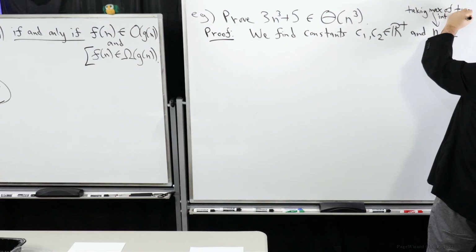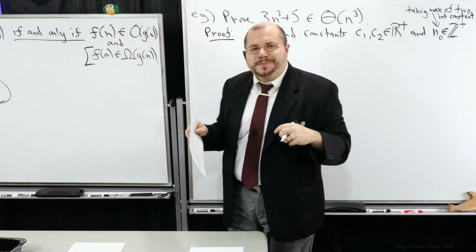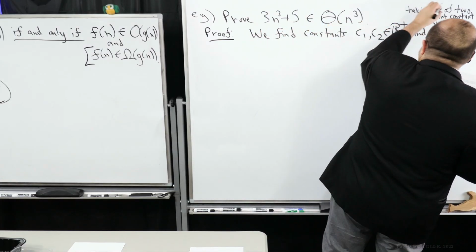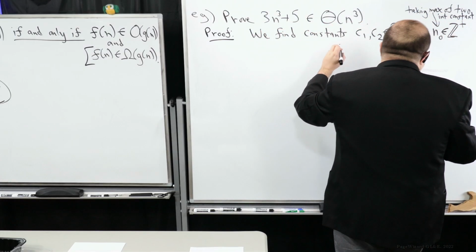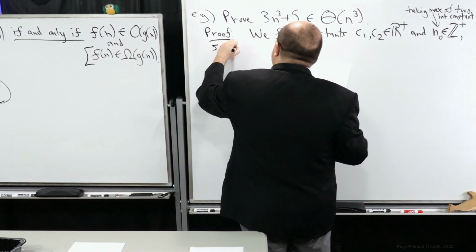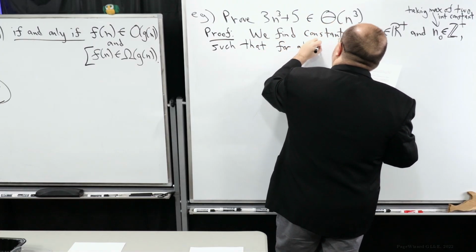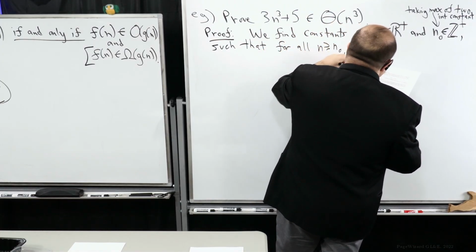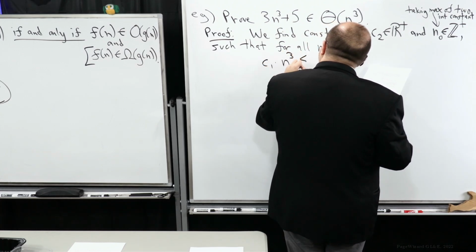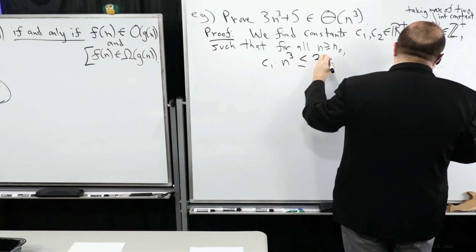So you would have, for example, an N1 and an N2 to match up with the C1 and C2, okay? But this is just a remark. And N0 such that for all n greater or equal to N0, it has to be that C1 times n cubed is less than or equal, remember this is the big O part of the definition, is less than or equal